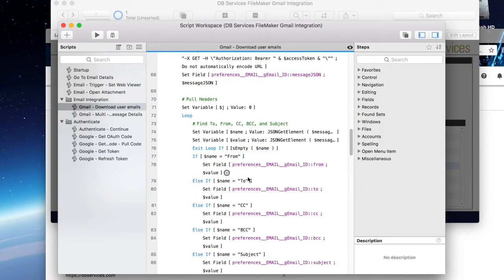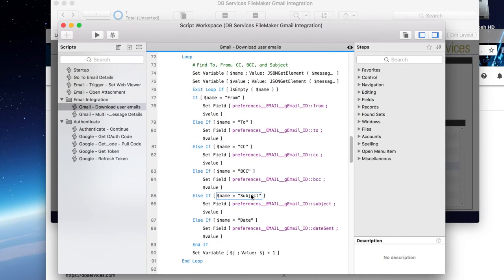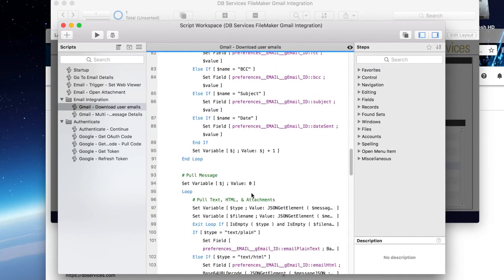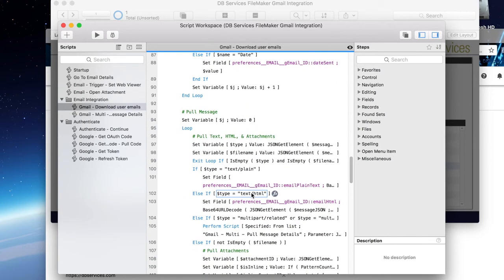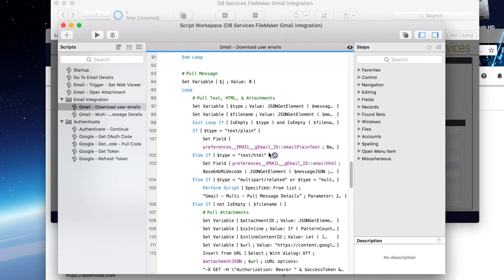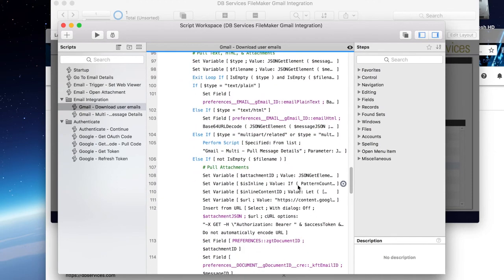If you want to get the from, the to, and all those high level information, and the subject, and same thing for the message body. They give you a plain text version, and then they give you an HTML version. And sometimes it'll be multi-parts, which then you have to dive down deeper. So the JSON is pretty complex that you will need to really take a look at this script and just emulate it to be able to pull your information.